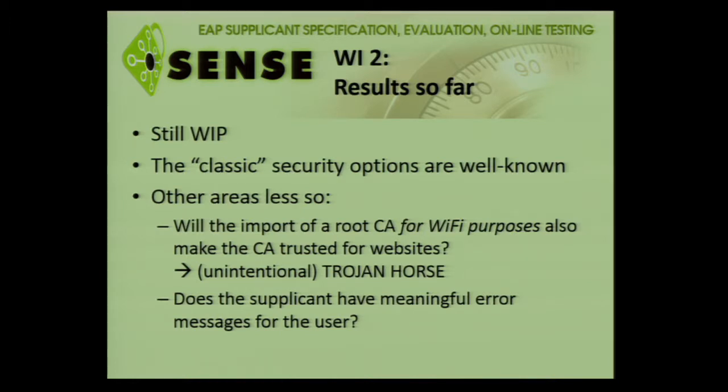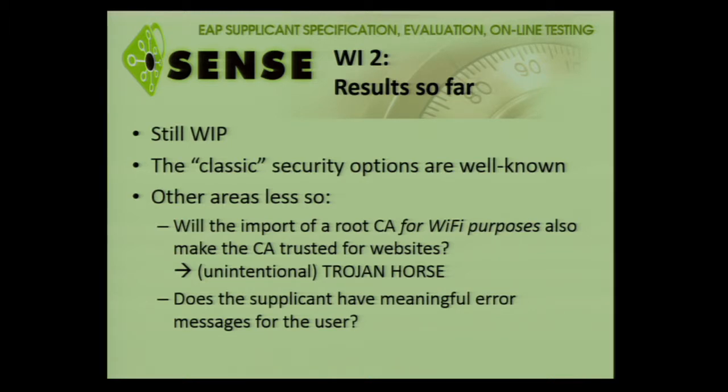So we found a Trojan horse approach. When you specify EAP details, you have to say the server certificate comes from this and that CA. Now, if that CA is not in the browser store already, we have to import it to the device so that it's known as a root CA. Now, what many devices seem to do is that they see, oh, a new root CA, so let me import it in my store. And all of a sudden, that CA becomes trusted, full stop.